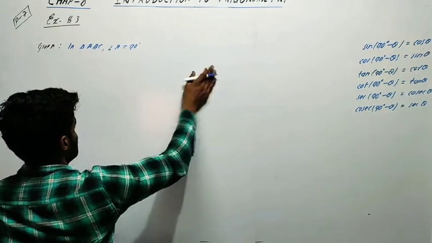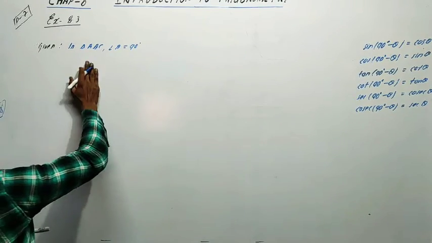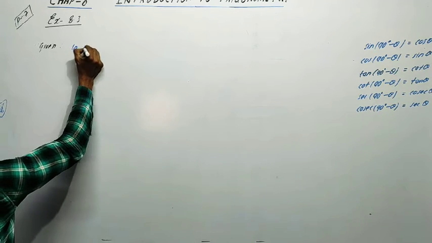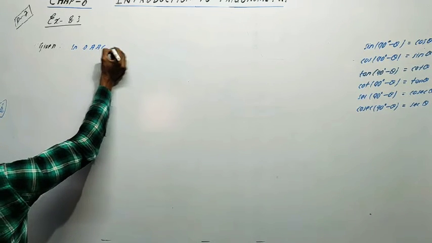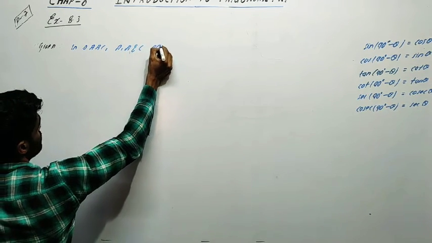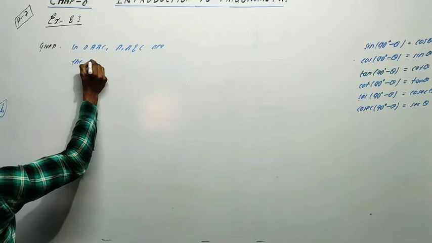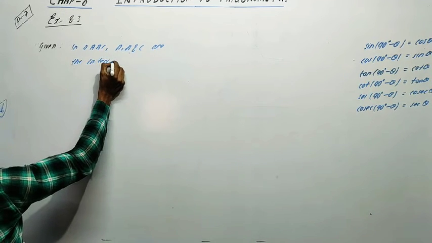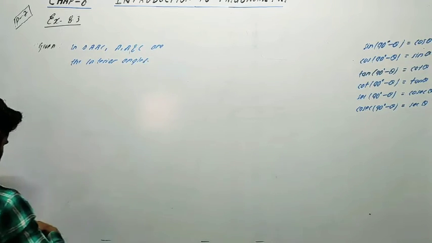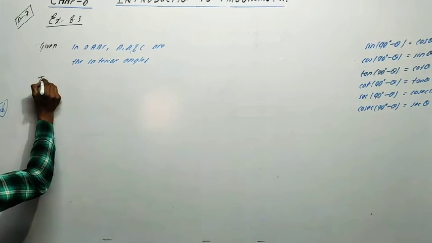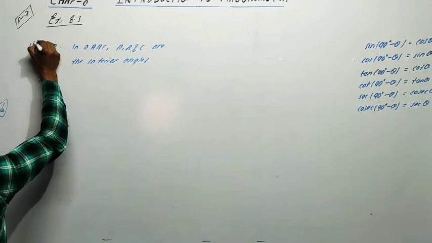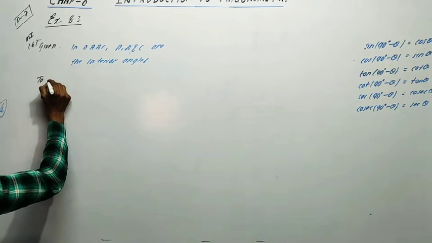We will not draw the diagram because it is not clear which is the acute angle. Given: in triangle ABC, A, B and C are the interior angles. To prove, and this is question number 6, the most important question: